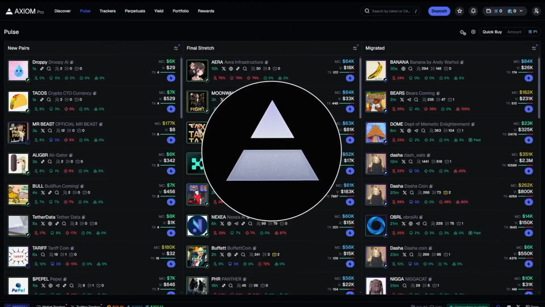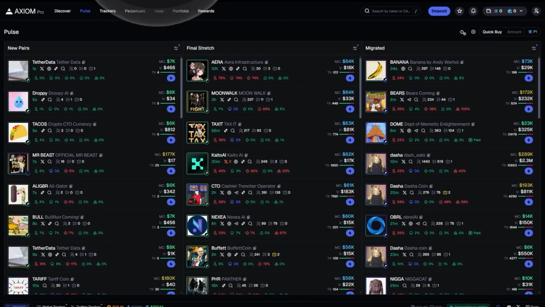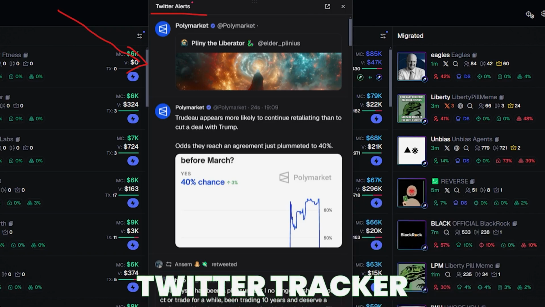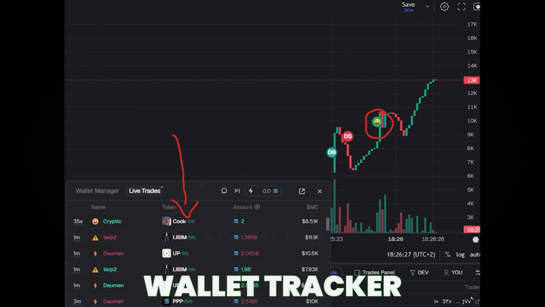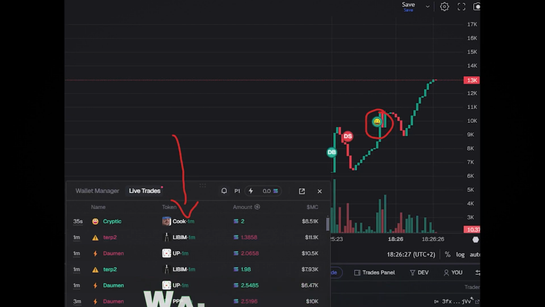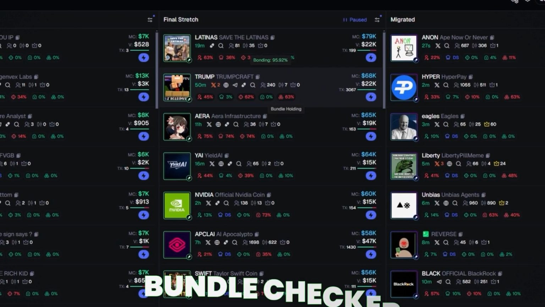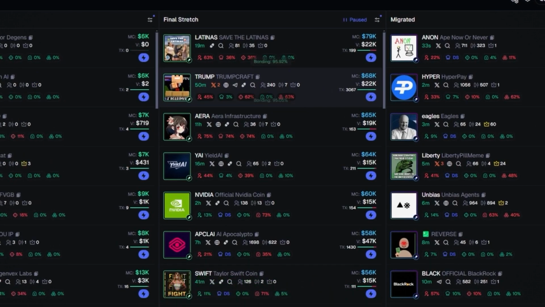Game-changing trading application for Solana meme coins that is just like Bullix or Photon, except it has a Twitter tracker within this application also. A wallet tracker, same as on Bullix, you're able to track wallets and see trades happening live. Also a bundle checker, you can see instantaneously without even opening a coin how much % of